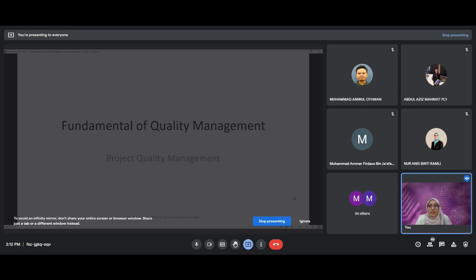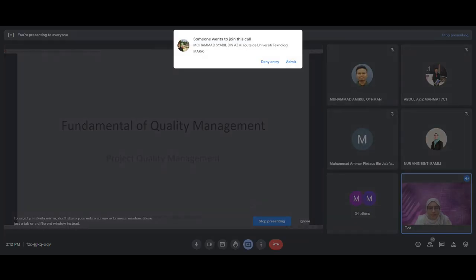Afternoon, everyone. Today we are going to learn about fundamentals of quality management. This is a part of the syllabus of project quality management in week 3. Before we go to total quality management and Six Sigma and whatnot,